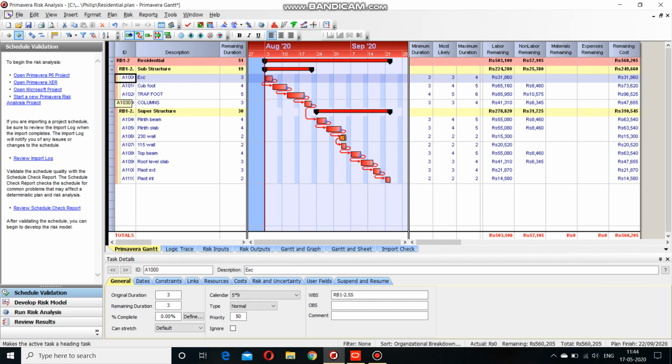You can save the changes, and this is highly useful because of the advantage it offers over the normal Primavera project management: we are also able to add the probability and the uncertainty related to each task, and then we are able to estimate or forecast a proper plan for our project, and this will be really essential in the practical side or in the industry.